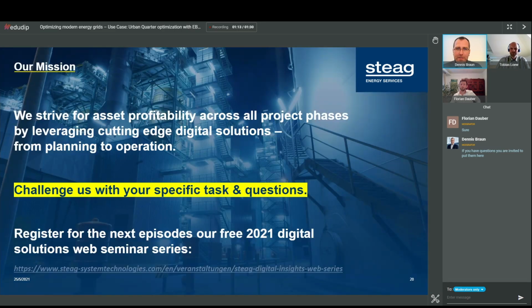One second. We had that. Exactly. The yellow thing is what I wanted to say. We really invite you to challenge us afterwards. You have our contact data. You can just reach out and say, well, I saw very interesting things today from Tobias and Florian, but my problem is this one. Does it fit? Do I need EBSILON or SREPOS or something else? Let us have a talk about that. That is our invitation here.